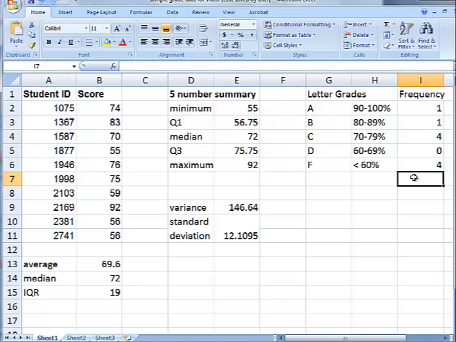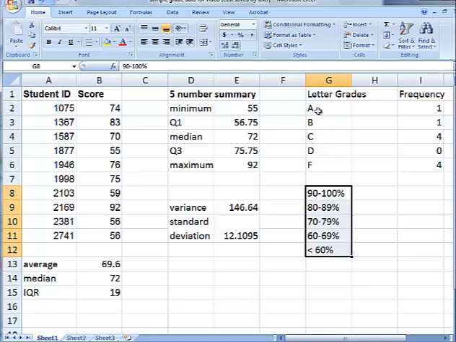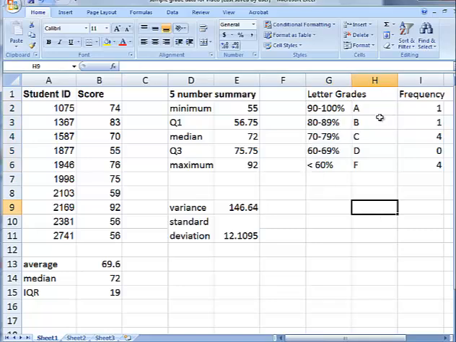Okay, so we want a frequency table, and we want a bar chart and a pie graph that use the ABCDF with the frequencies. And we don't really want to include this data in the middle. So what I'm going to do is I'm going to take that and move it for a second, and we're going to switch the spots. So I'm going to put the letters there and the numerical values that I typed in here. This way, when I go to make my bar graph, I can highlight those 2 columns together, and I go up to Insert,